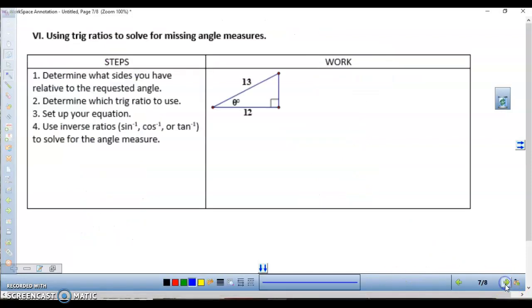All right, and last but not least, how do you solve for missing angle measures? This actually works to be a little bit faster, and the process is similar. So here's the angle that I want to solve for, and relative to that angle, 13 is the hypotenuse, and 12 is the adjacent leg, the leg that's touching it. So if I think about my SOHCAHTOA,